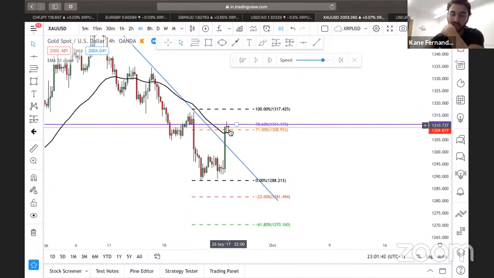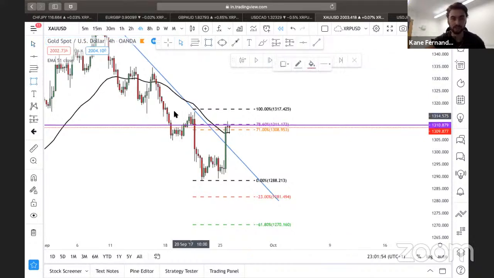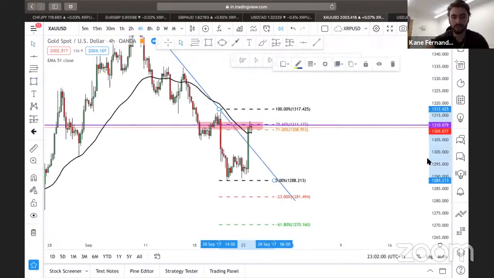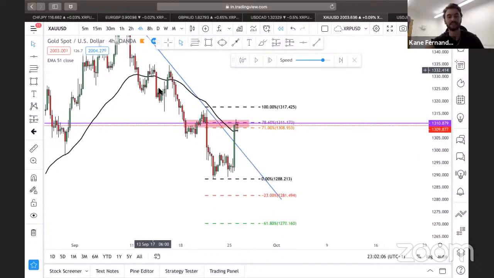Cool. So we got a doji candle, and then we had kind of a hammer candle. So the hammer candle is not really something I look for, but you can see right here you got the cycle level 13 10. Okay, if I put a zone on here, is there any structure? I mean, there's not really much here. So here you can see, you know, price pushed up, came above the EMA, then it came down, pushed above, then it had the sell off.